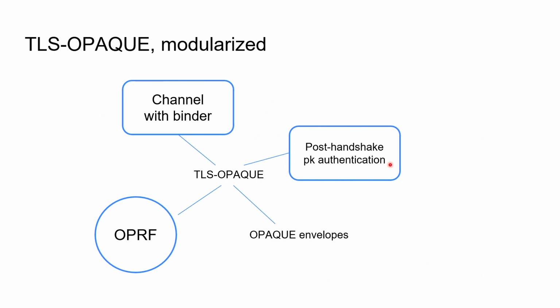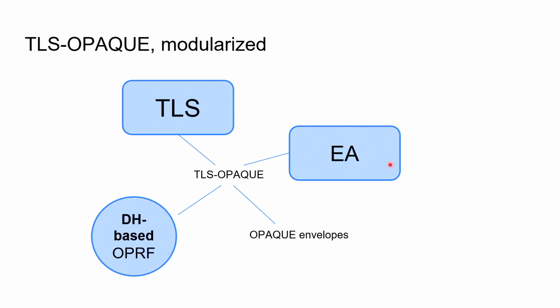So what is the benefit of such a proof? It makes things easier for the prover. You can write 3 proofs instead of 1 big one. And the other benefit is the lifetime of the proof. It's a fairly modular protocol. It uses many building blocks. And I told you, currently it's built on TLS. It uses this EA extension. It actually deploys a Diffie-Hellman-based OPRF.